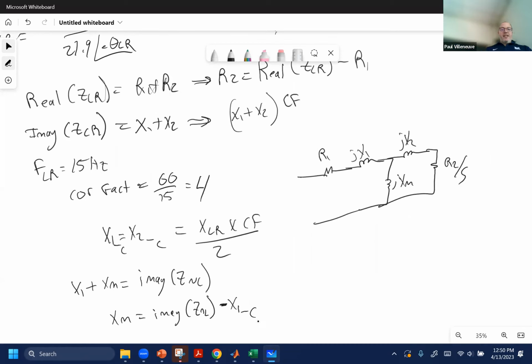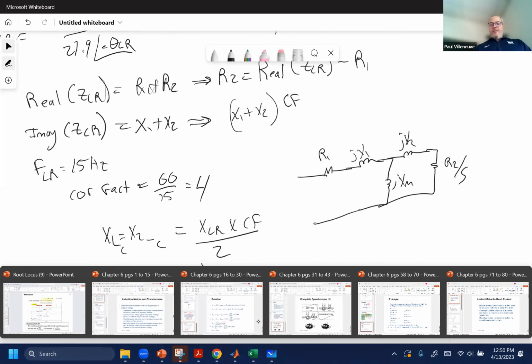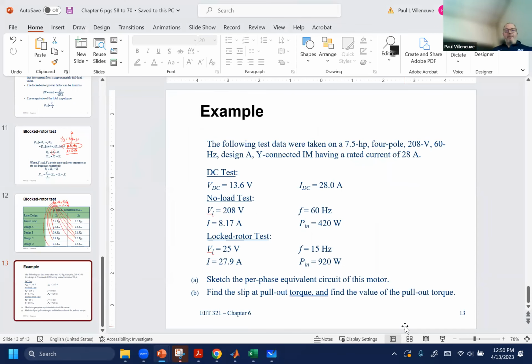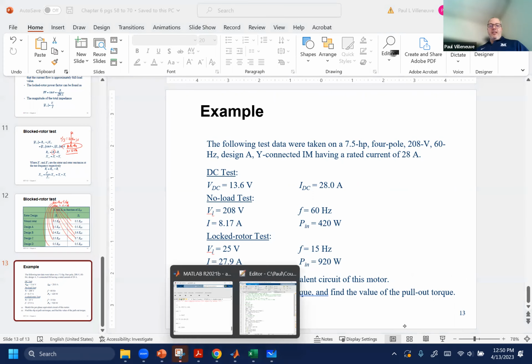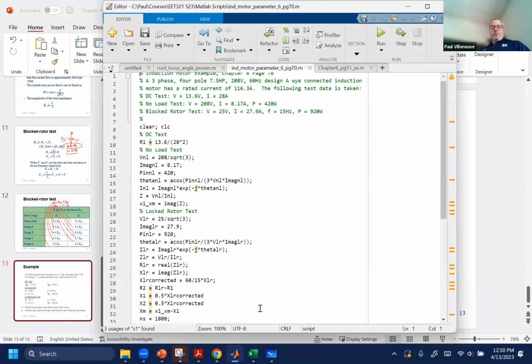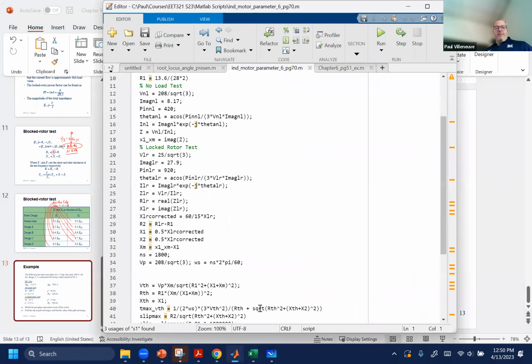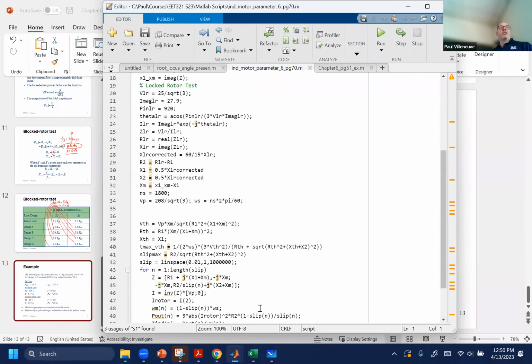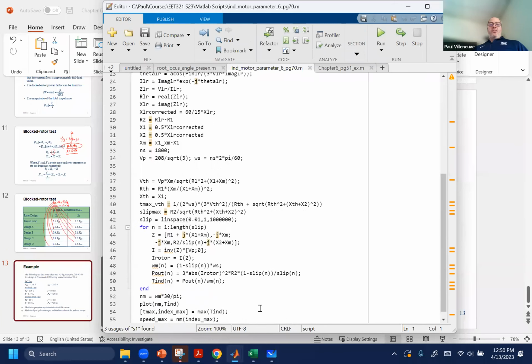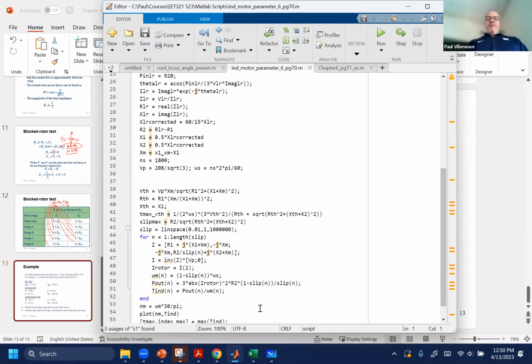So now I can find what's requested. Find the slip at pull-out torque and find the value of pull-out torque, which you can do with the Thevenin equivalent approach, or you can just do the brute force approach, which is what we did last time. So here are all those parameters. You can see I did the V Thevenin approach, and then I also just did the brute force approach and pulled it out that way. This does both of them. So if we run this,